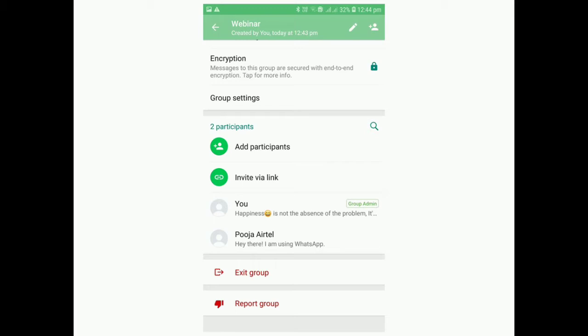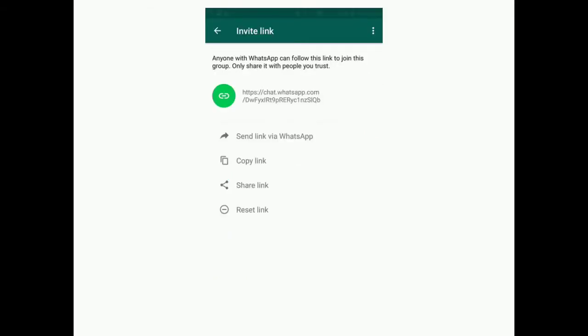So you can see, friends, this is the invite link which has to be shared to all the participants via Gmail or Yahoo Mail, so the participant can join the group immediately. This is how you have to send the link to the participant.